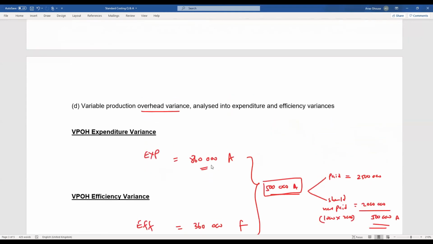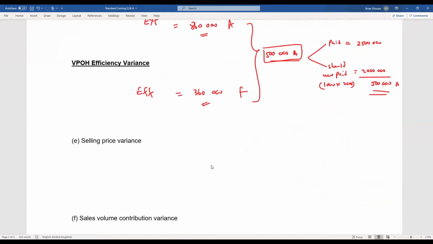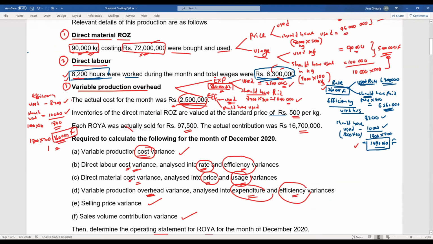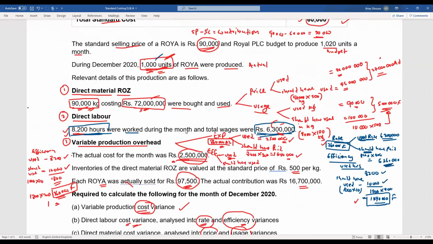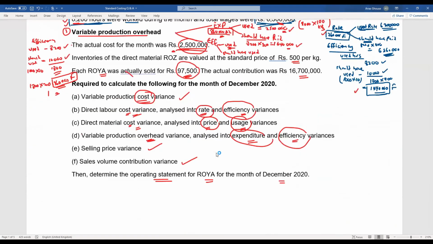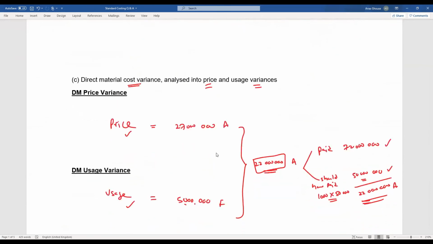So basically we have calculated all cost variances. Now we have to move on to the selling price variance. As you can see, the actual units sold was 97,500, whereas our plan was to sell at 90,000. Okay, so if you take 97,500,